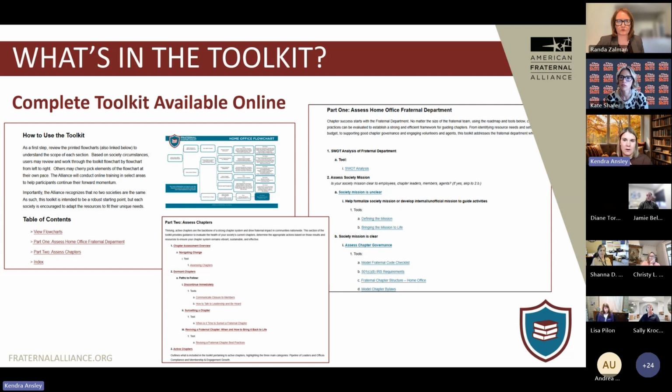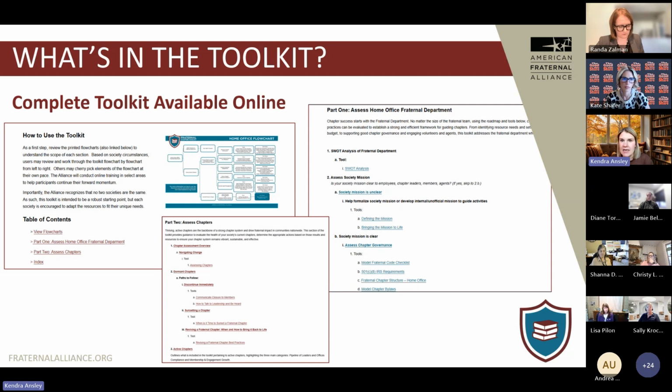So if you've already clicked around, you probably have noticed some of the documents are PDFs. Those are probably the research articles, different things like that. And then some are Word versions so that you can edit and amend and do what you need to do to personalize it, because as Kate said, we know this is certainly not one size fits all. And so the best way to do that is to place this information online.